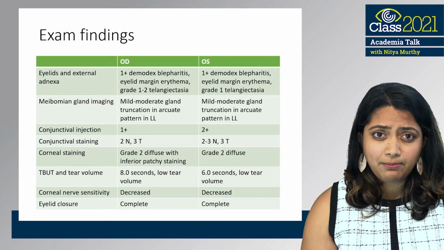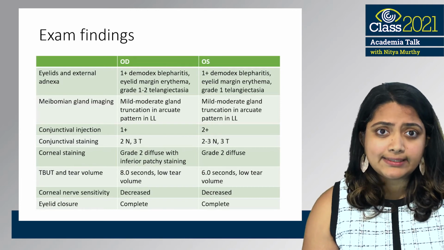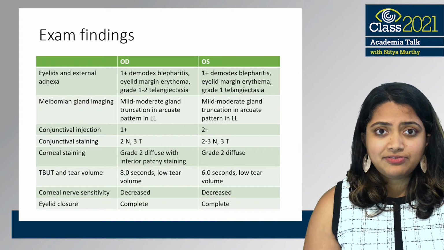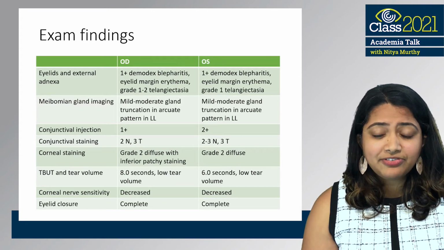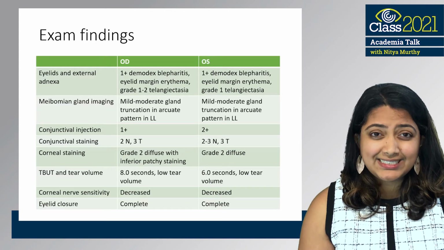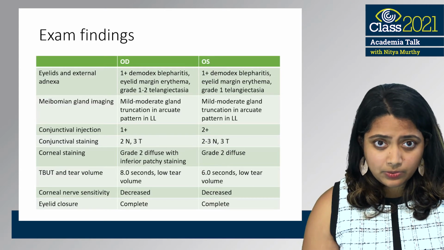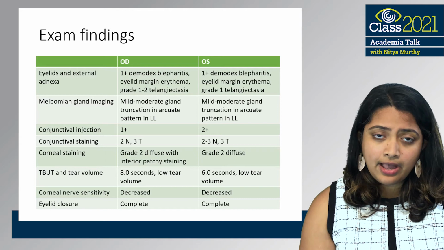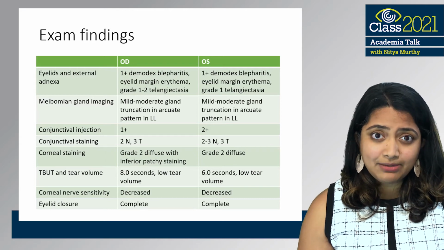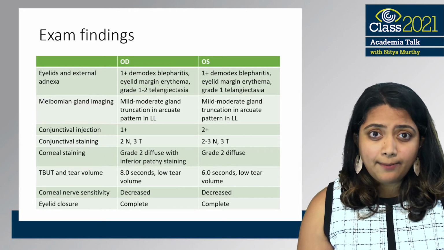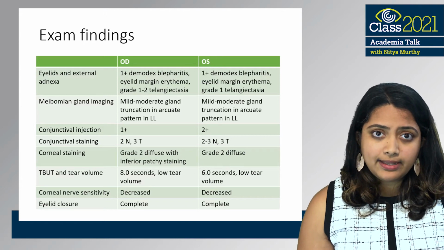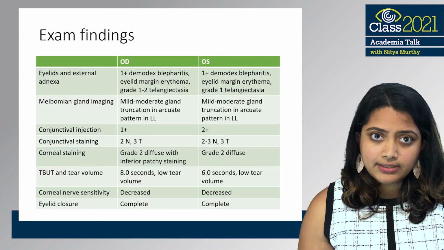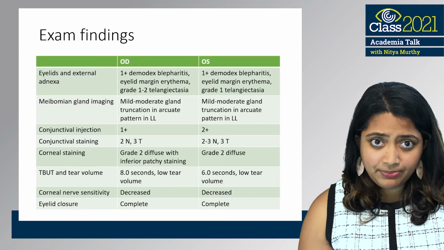So when she came back in a month, she was doing a whole lot better. So I think the combination of the IPL, the corticosteroid and ointment was having her feeling loads better. When I looked at her and I stained, she did have some corneal staining still, mostly inferior, and she had some conjunctival staining, but it had come down to grade 1, and it was much more symmetric. So with that being the case, I felt comfortable in letting her wear contact lenses part-time, still not full-time, because